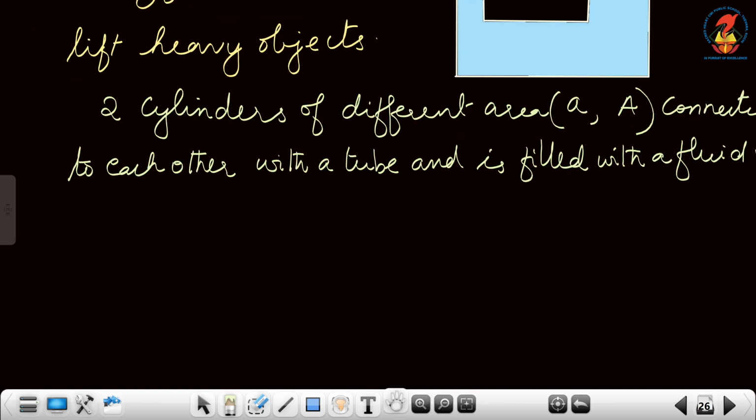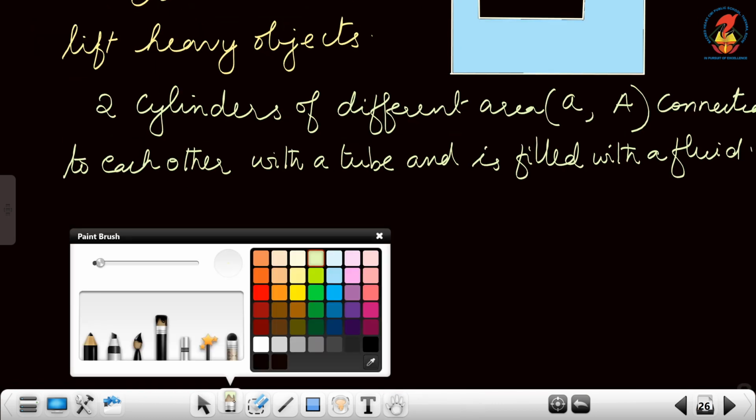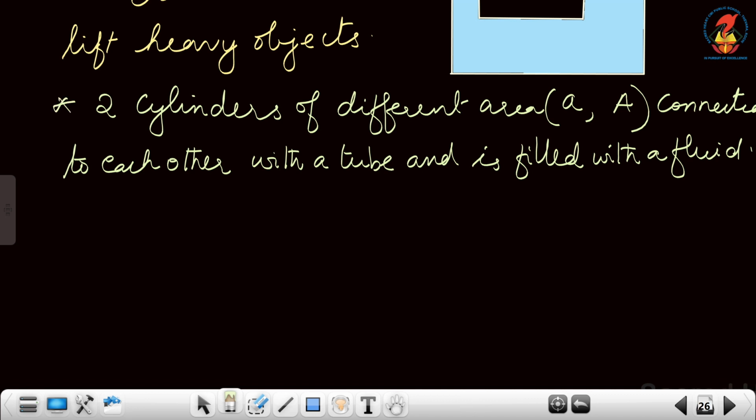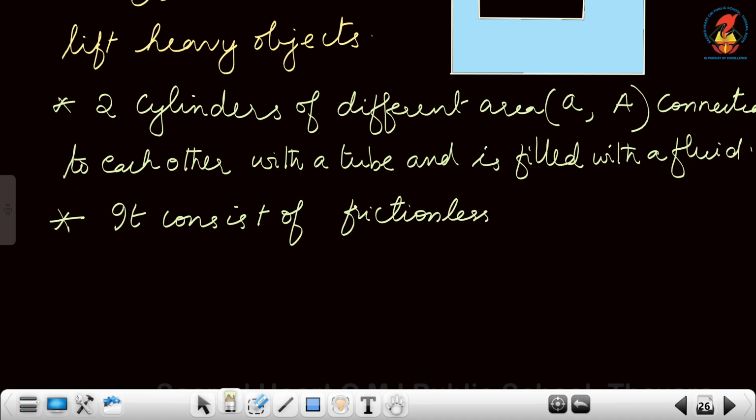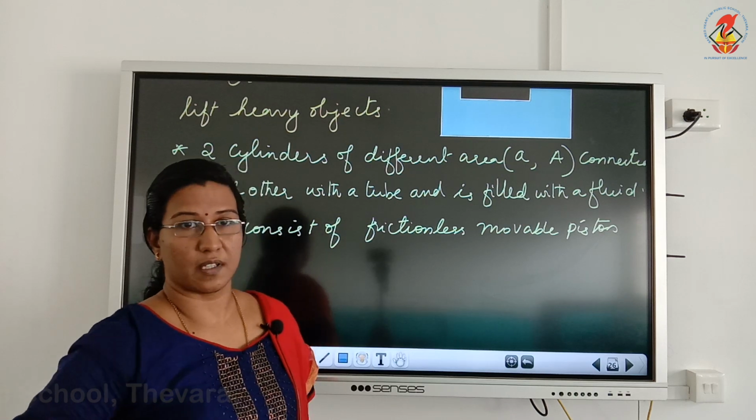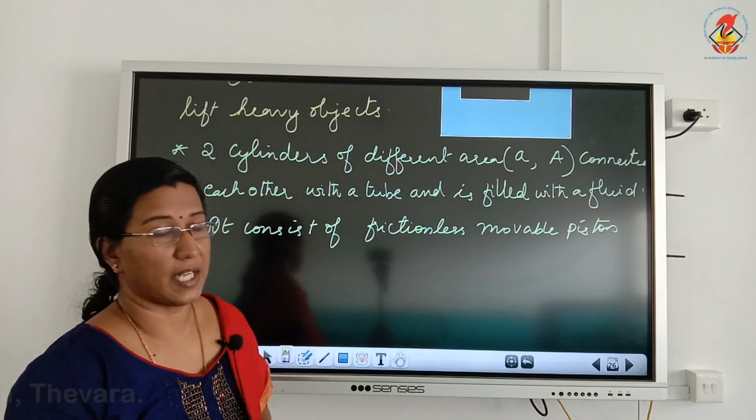Now, the other main important part in the case of a hydraulic lift is the frictionless movable piston. Now when we are applying force, because there is less friction, the piston will be moving up and down depending upon the direction in which the